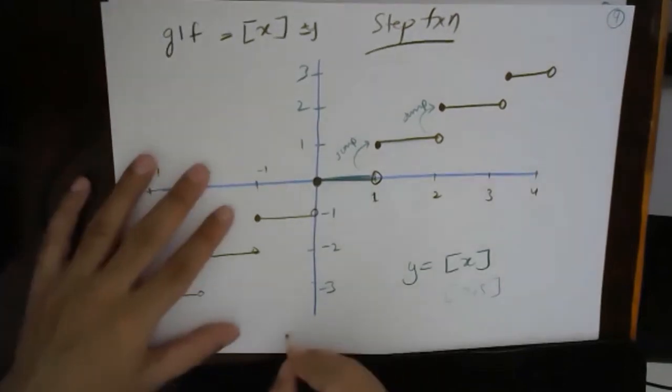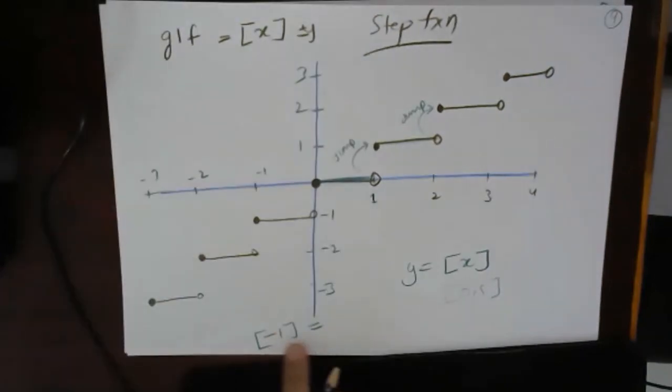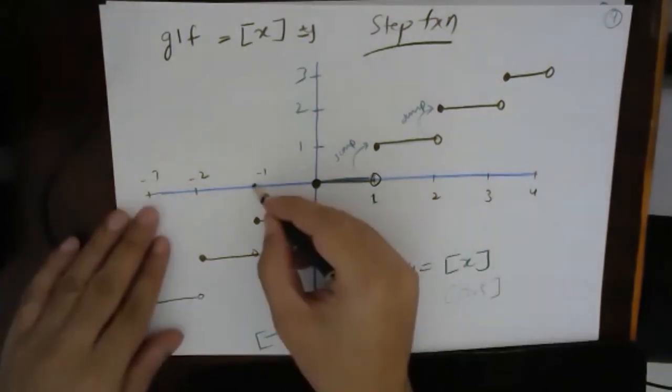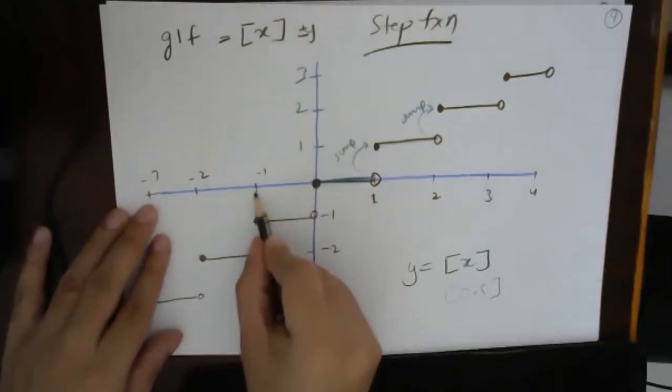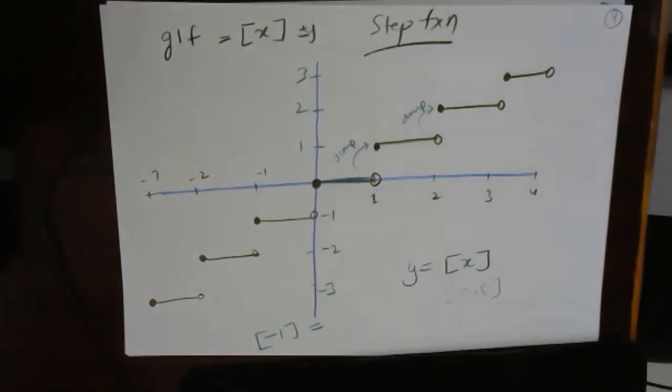One more thing. The greatest integer of minus 1 will be what? Yes, it will be minus 1. So minus 1, we are getting greatest integer as minus 1. Understood? Minus 1 itself, yes, because it is an integer in itself. So the integral value of minus 1 will be minus 1. Suppose minus 10, it is an integer in itself, so it will be the integral value of itself. Okay, everyone understood?